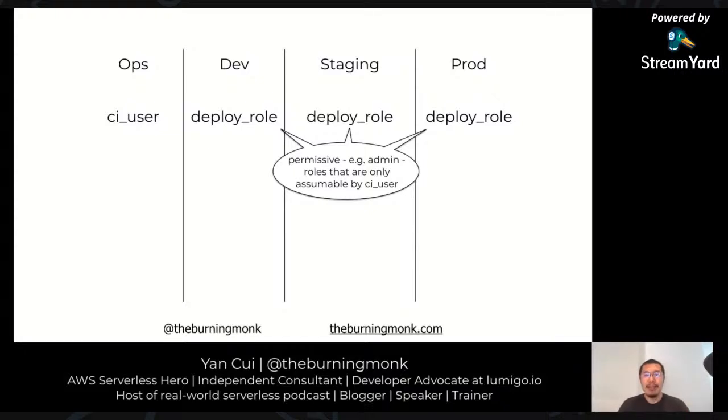But if you want to add another layer of protection, then you can consider using attribute-based access control (ABAC), where essentially you can further limit access to resources by tags. But the problem is, right now, many of the AWS services that we use just don't support it yet, including Lambda functions.